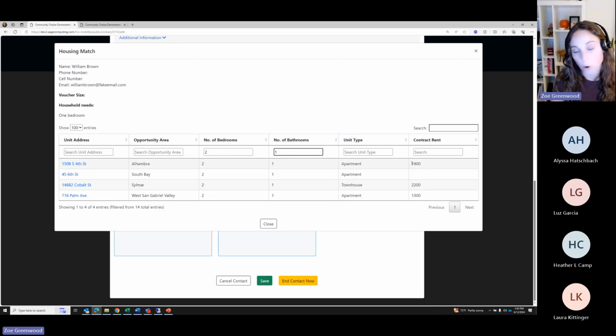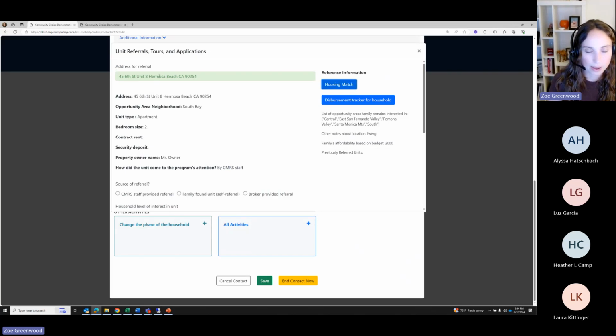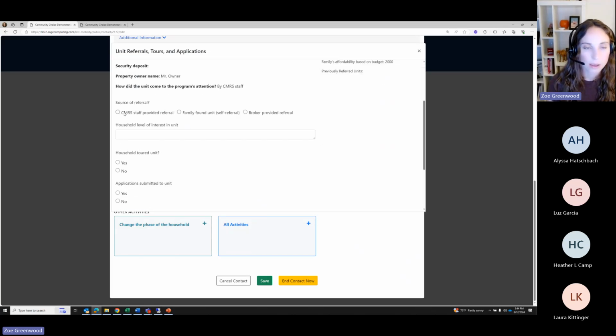The contract rent will show up here also if that's something I put in, so I can see if it's in an affordable range for the person or not. In this case, I didn't enter it, but I probably would in real life. So I'm going to say, okay, this looks like a good fit. I'm going to do this one, close it, and then I'm going to put that in here. It's going to ask you the source of the referral. In most cases, it'll be